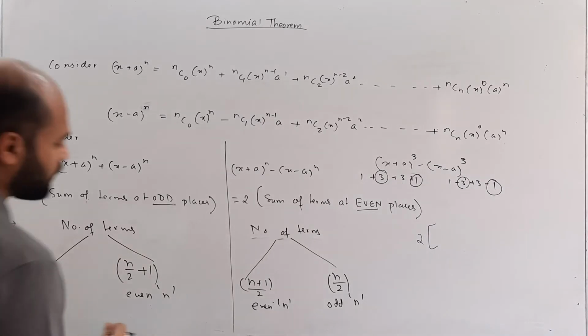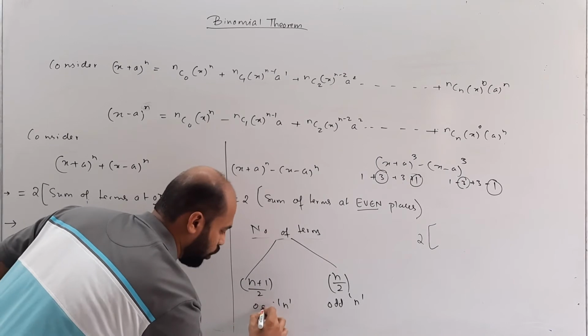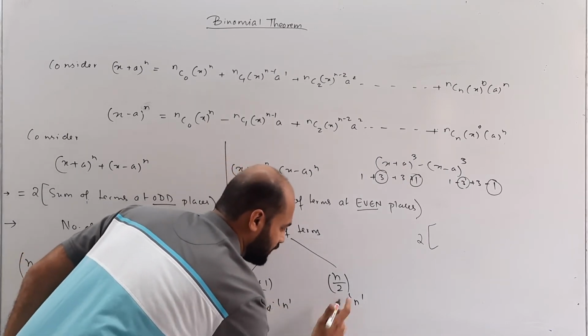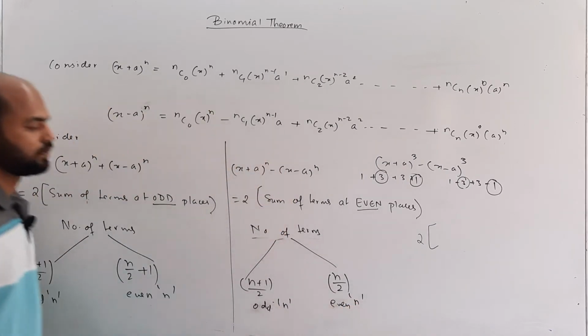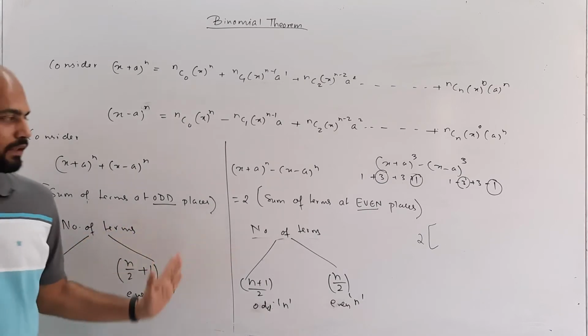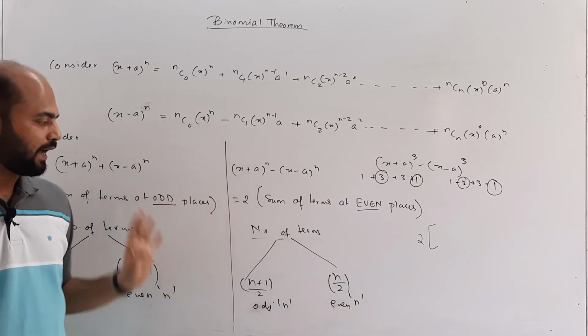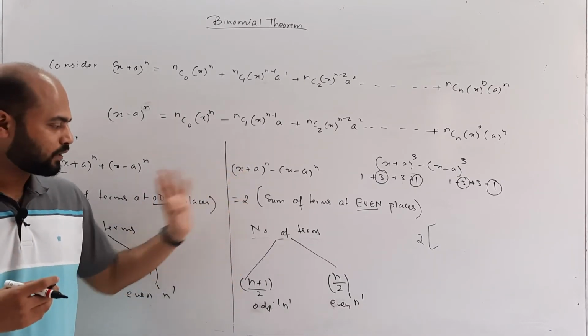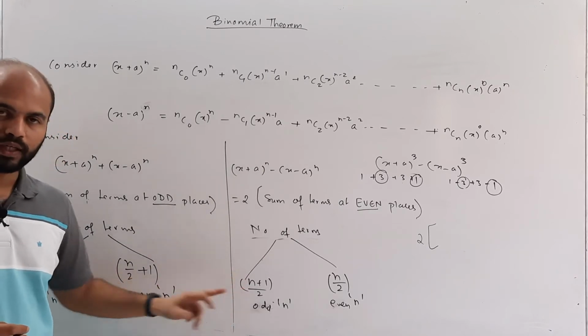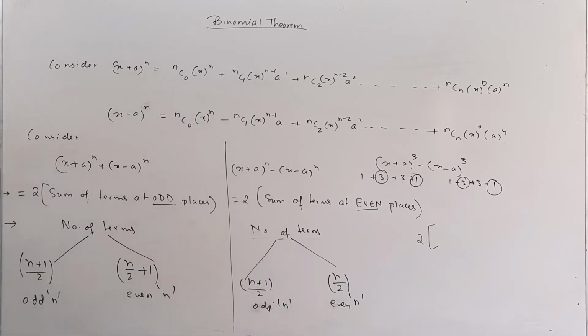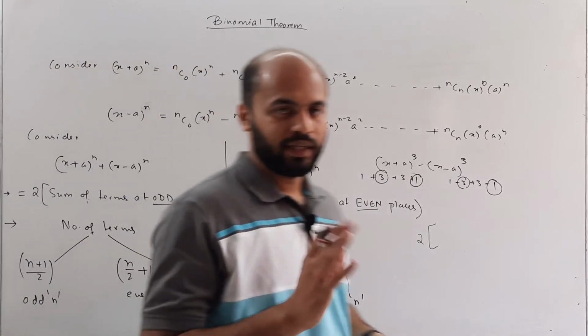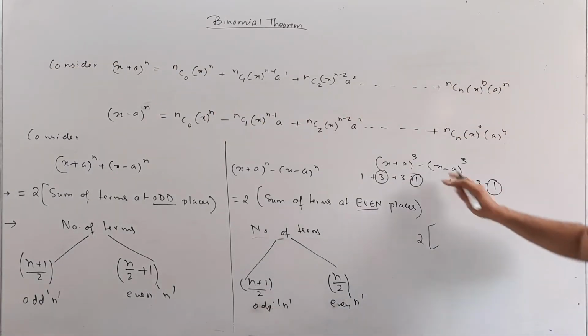Now here there is a slight correction. This is odd and this is even. So in either case, if this power is n, that is n is odd number, then the number of terms are going to remain the same, as you can see. Now let us shift this power to even. So if this is even,